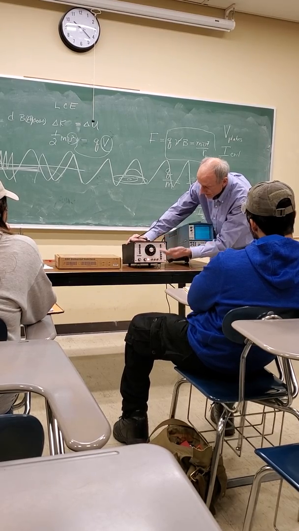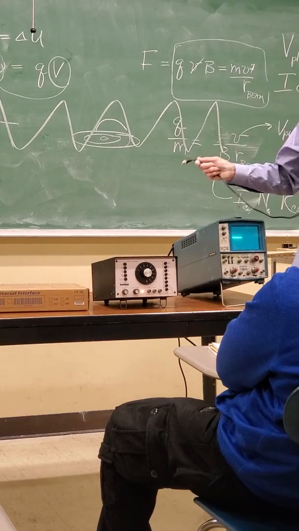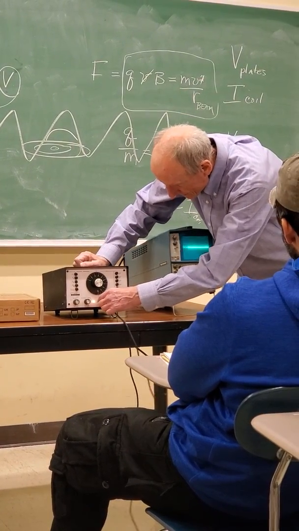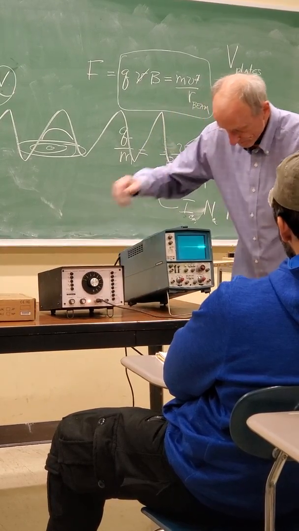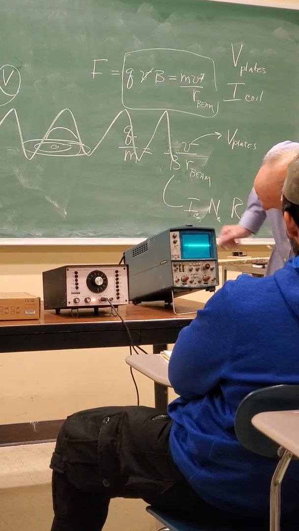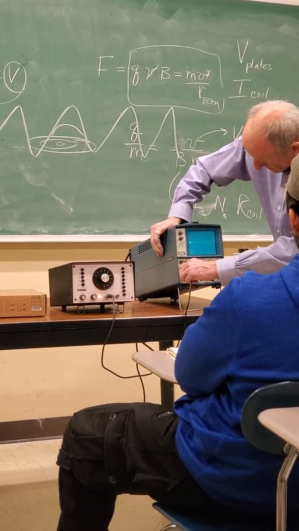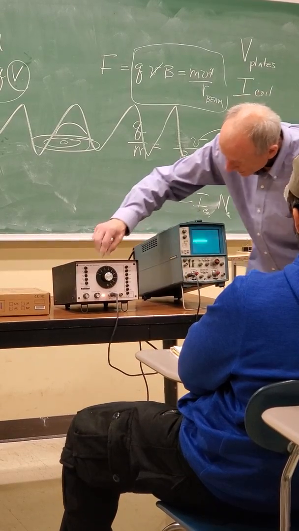I can vary that, and I can vary the type of oscillation. But if I want to see what it's making, I have to display it on the oscilloscope. So if I take this here, and bring it here,